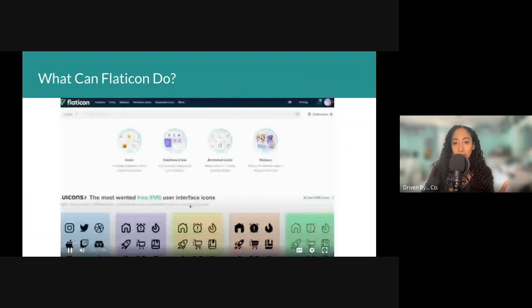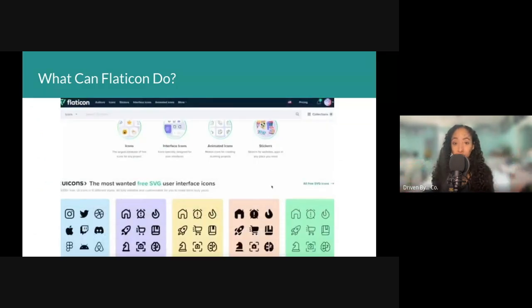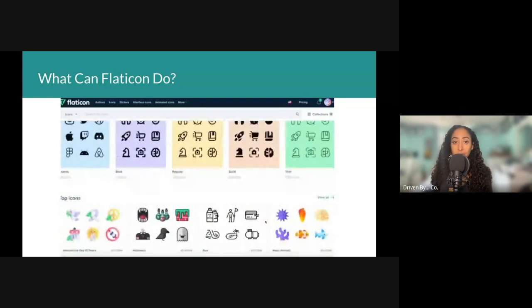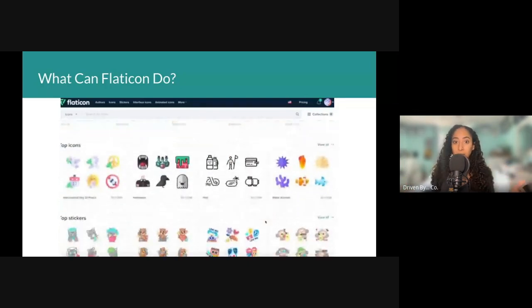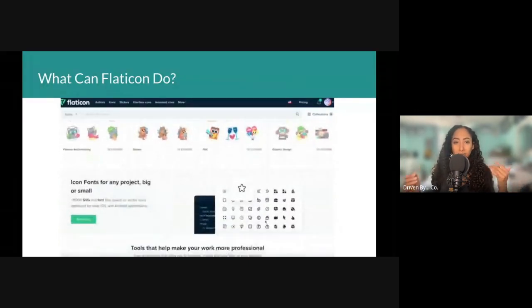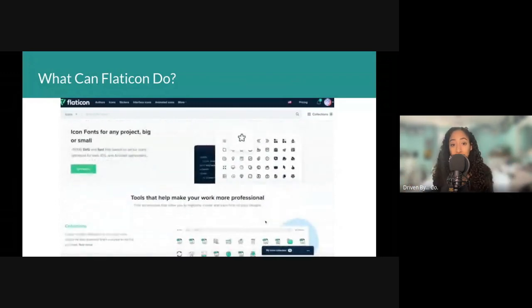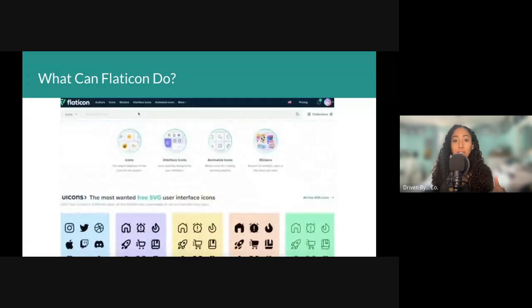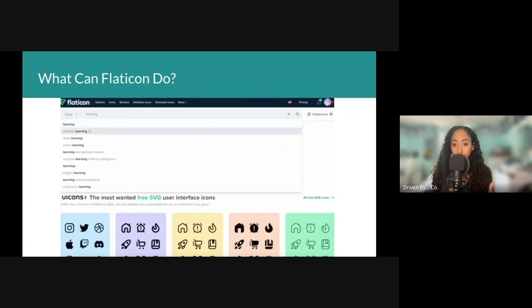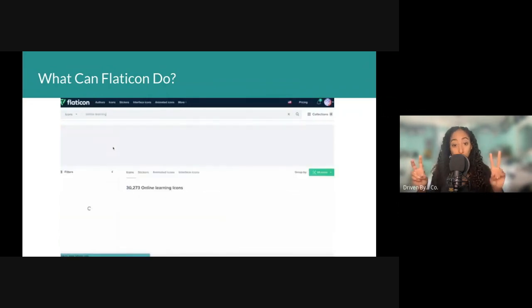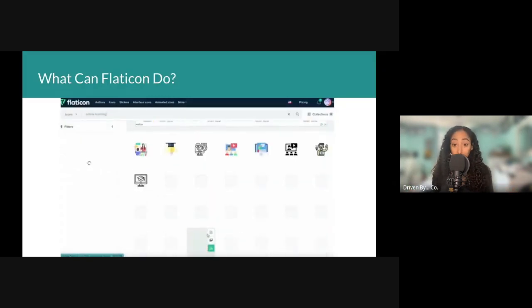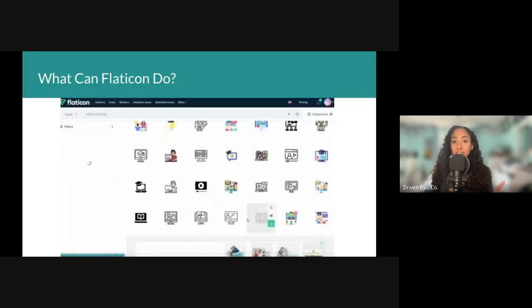So when you create an account, this is what the platform looks like inside. You can select from a variety of icons in there. There are different groups of icons. It'll show you the top icons or top stickers, collections, and so much more. So there's a lot to scroll through. But if you're looking for something specific, you can go straight to the search bar and type in exactly what you're looking for. For example, online learning. And then you can view a selection of different icons related to online learning. So click the one that interests you,